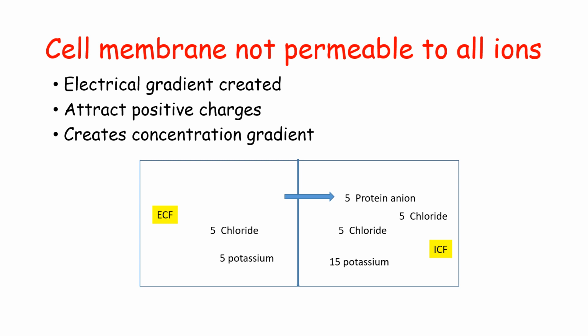And we can very well establish this fact that the number of cations and anions on one side of the membrane is different from the other side. That means there is asymmetry of the ions on both sides of the membrane. This asymmetry of the ions across the cell membrane results in the development of charges across the cell membrane. So because of this asymmetrical distribution of the ions across the cell membrane, we have the production of the electrical gradient and the chemical gradient across the cell membrane.